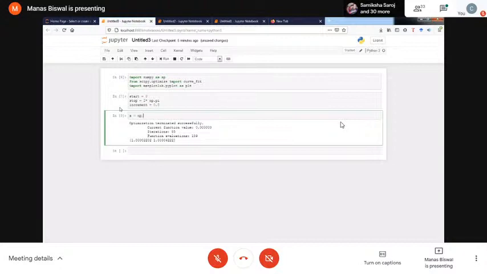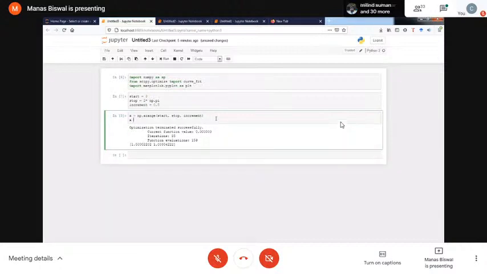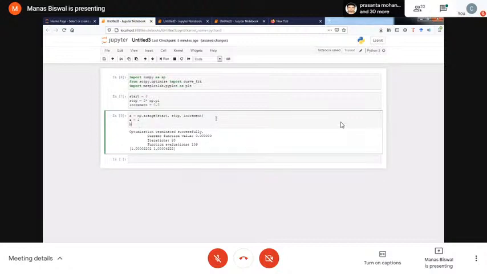Now I get the arange. Previously also I had used np.arange. What does it do? It provides values from start to stop with an increment value. It will start at 0, it will stop at 2 into pi with each value differing by 0.5. We define a is equal to 2, b is equal to